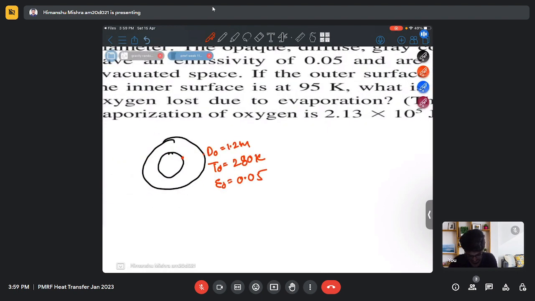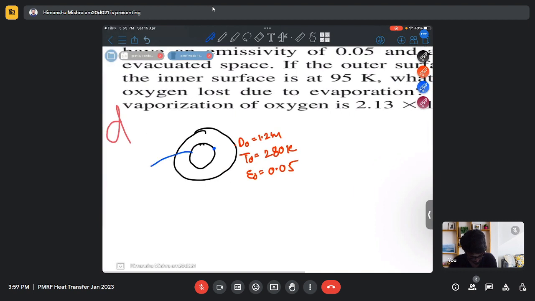And for the inner one, my diameter of inner one is 0.8 meter. My temperature is 95 for the inner surface. My emissivity of inner surface is also 0.05. And you need to find the